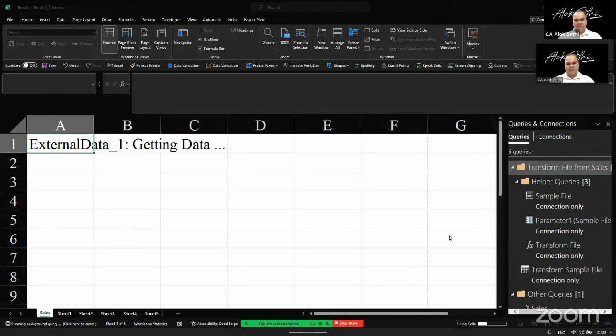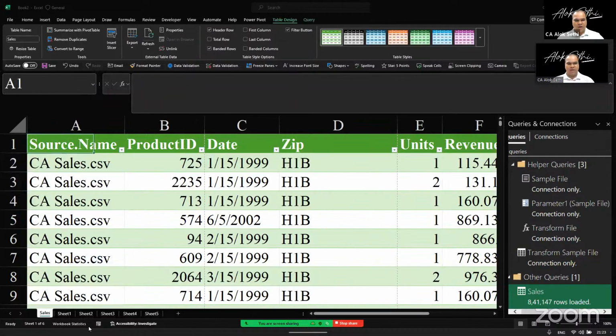Now this query is running. It is taking some time. Yeah, but it depends on actually how many rows you have. See here, you can see the running background. Okay, now it is done. Guys, the thing is done. And you can see here